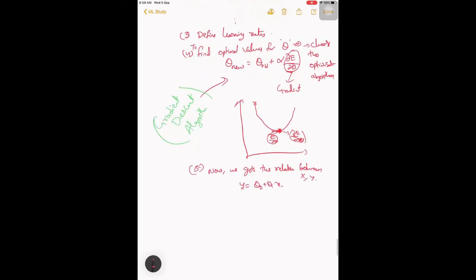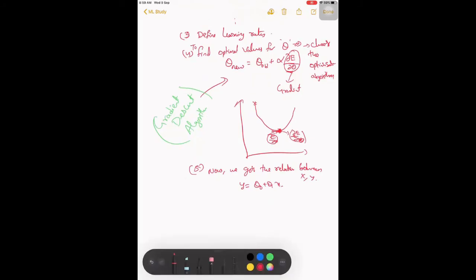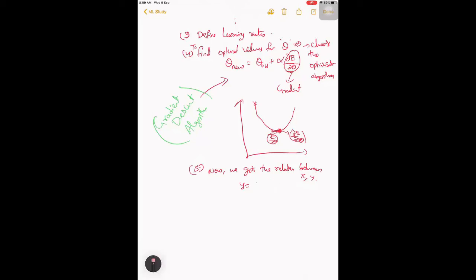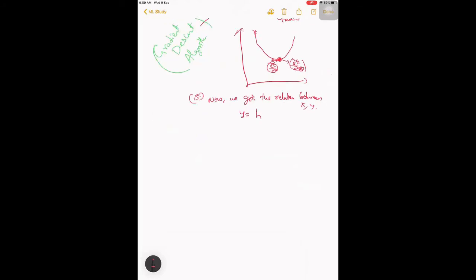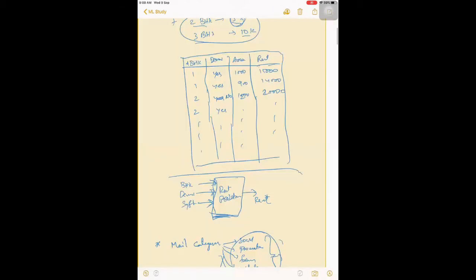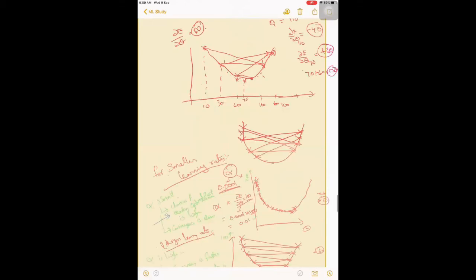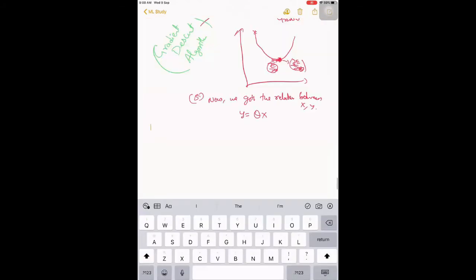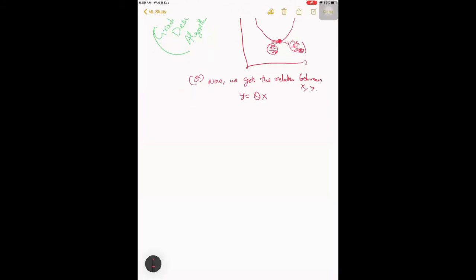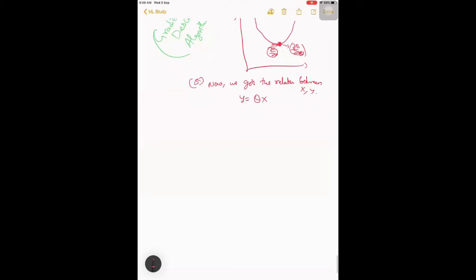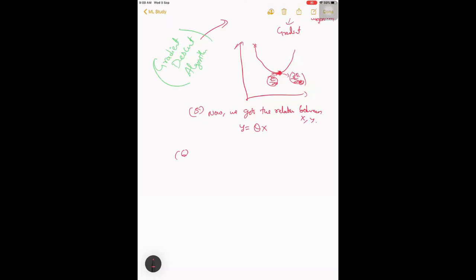For generalization, because these steps will be the same for everything, let me call it generically theta x, where this theta is a matrix. Let's introduce it to that level, skipping directly to the first one. Here, what is happening is we got the relation between x and y now. For a new value, what we do is a prediction.